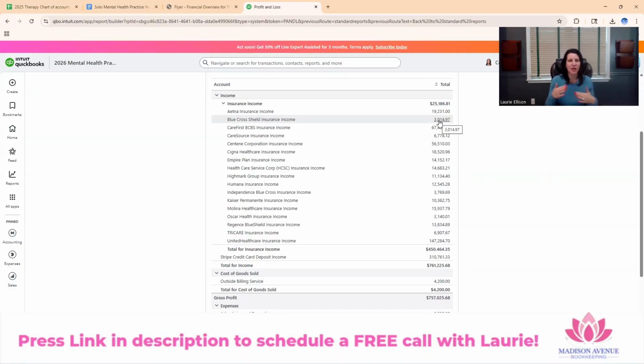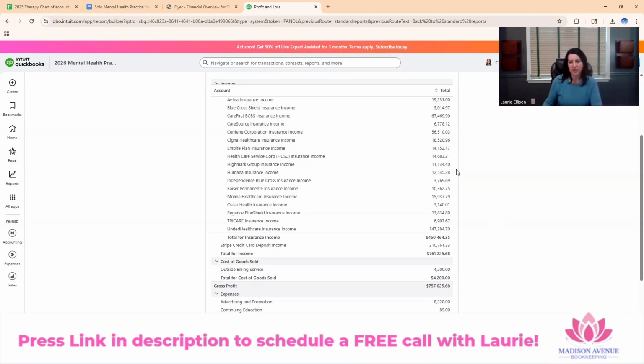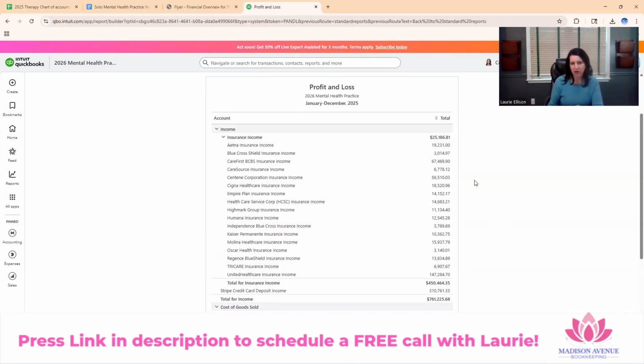You're not going to be able to run these numbers and compare how much you made with Aetna in 2022 versus 23, 24, and 25. Just not. You're not going to be able to do it. But here you can. The other thing that's great about this is if you're working with an outside biller, and